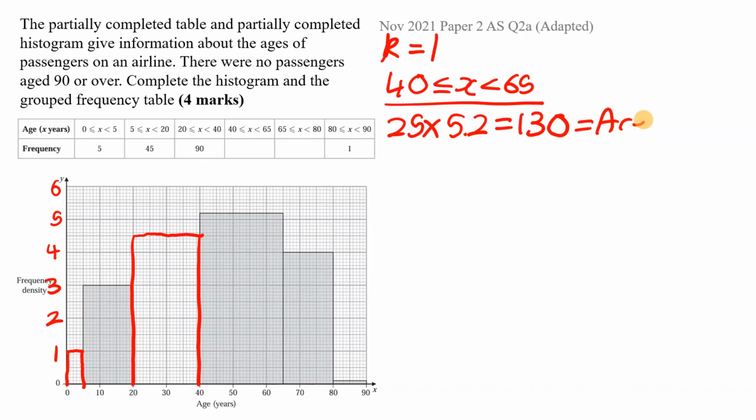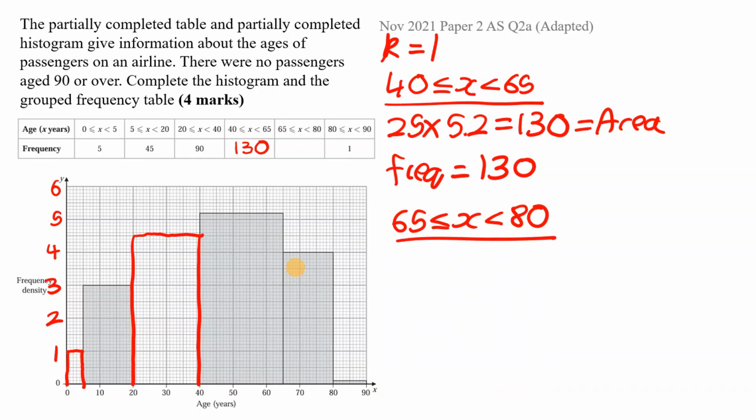So this is the area, and as we know the scaling factor is 1, this is also going to be the frequency. So the frequency is going to be equal to 130. And now we're going to look at 65